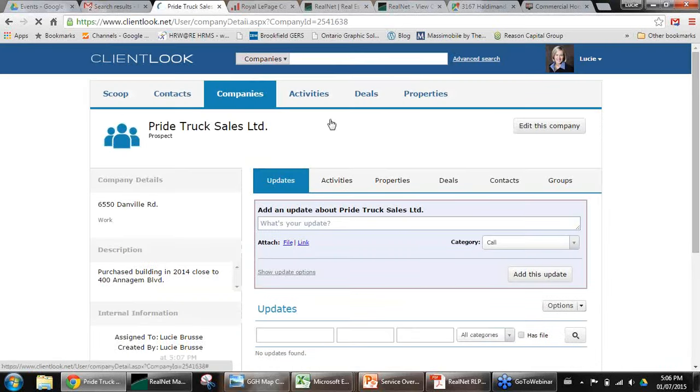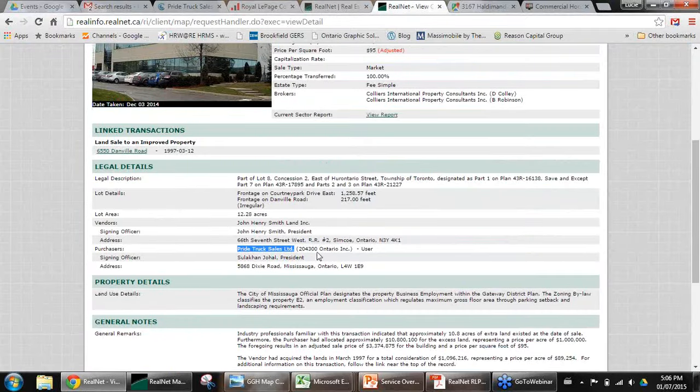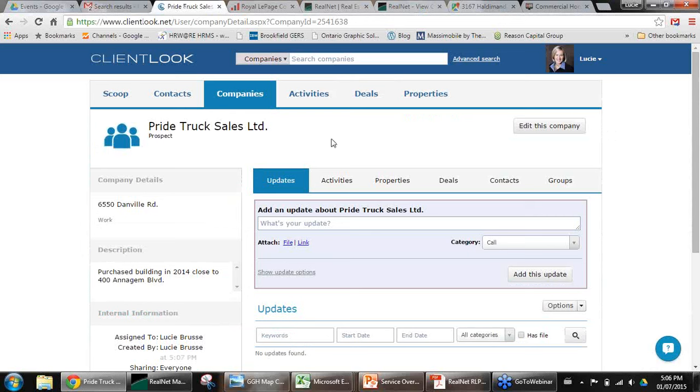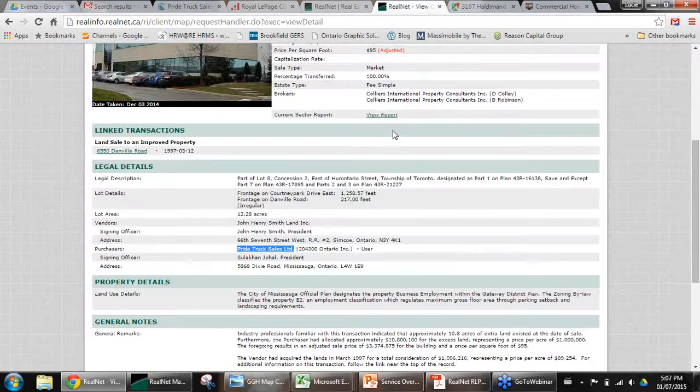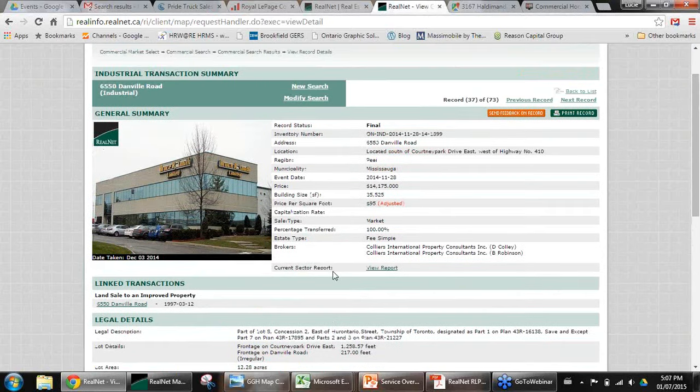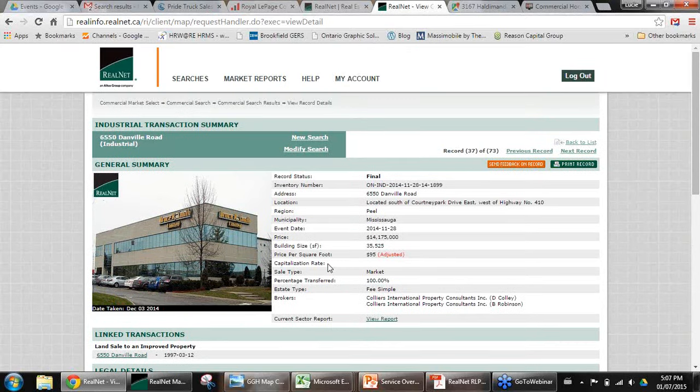So as I said, I wanted to show you again how taking the information that you find in RealNet, you can then use and populate and create your sales pipeline with respect to prospecting for a particular listing that you may have. So again, we did that with a map search, and again, to go back to the map search that we were doing,